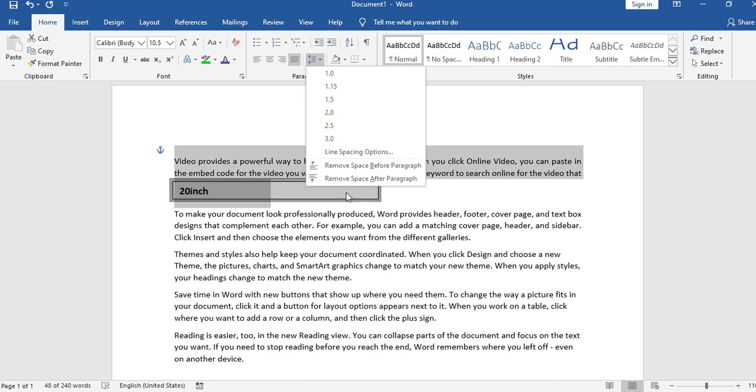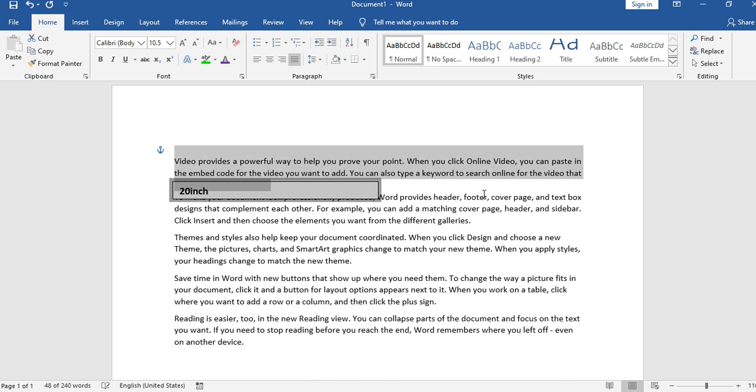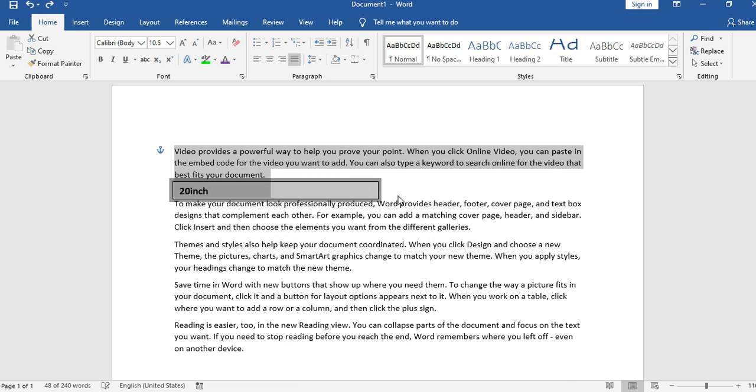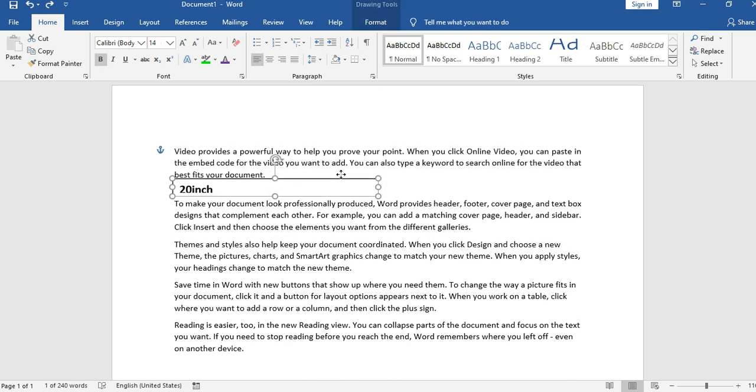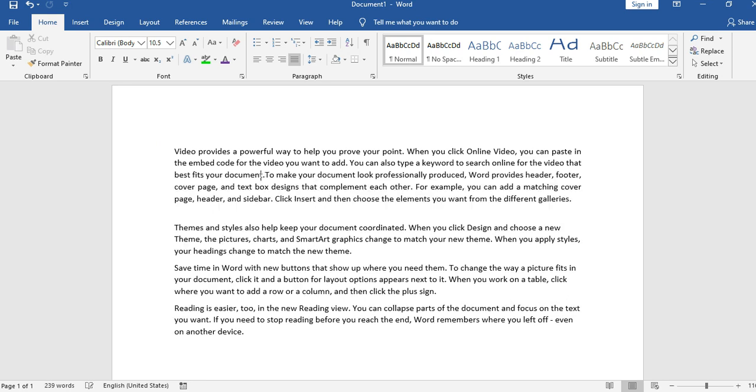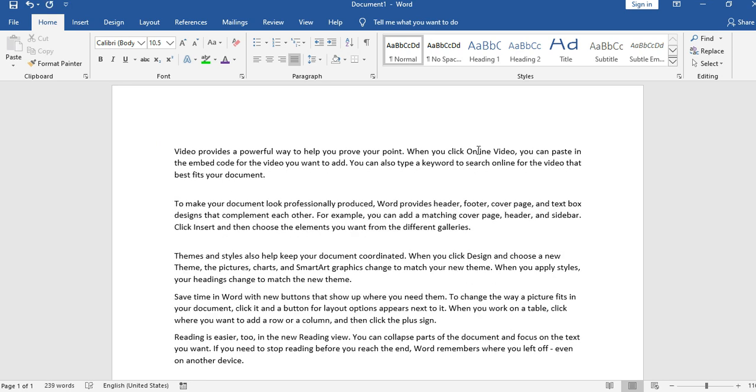But if you want to see the space from one paragraph to another, then you have to use the line spacing options. So I hope you understood the spacing features in the paragraph tool, I mean to say the paragraph group. Okay, the next one